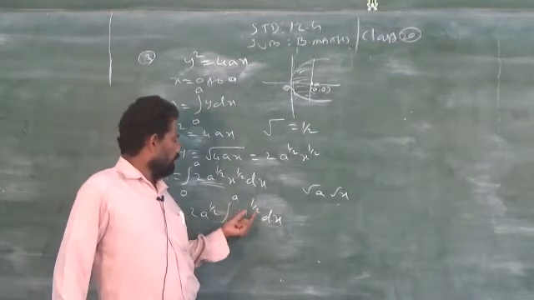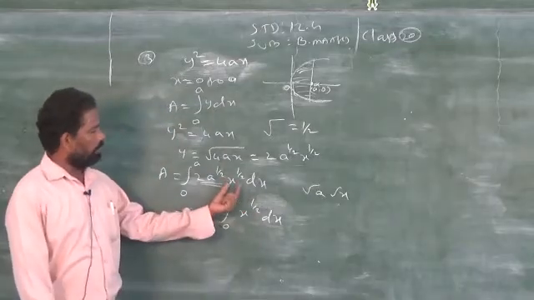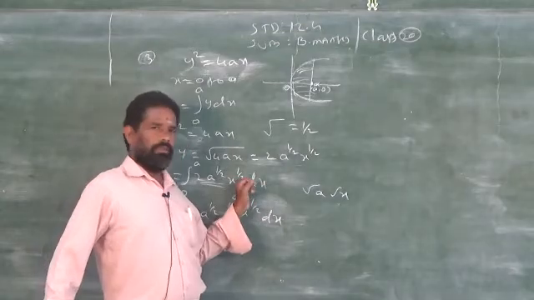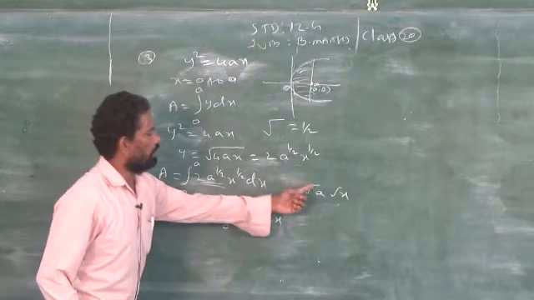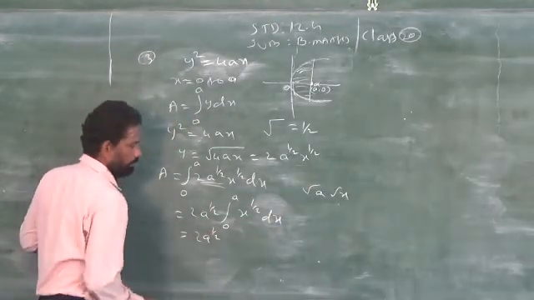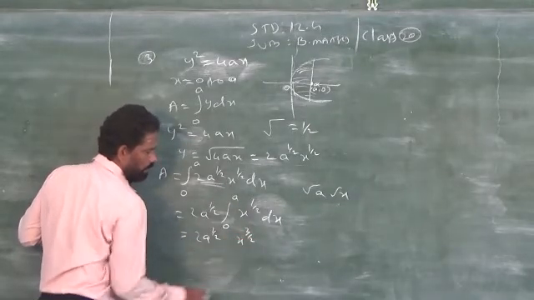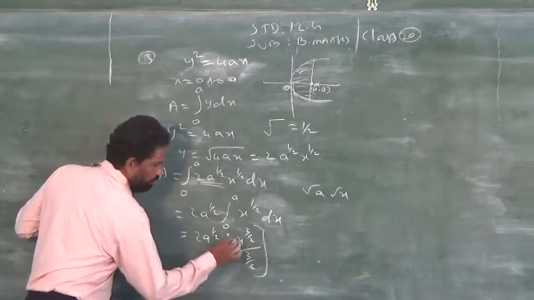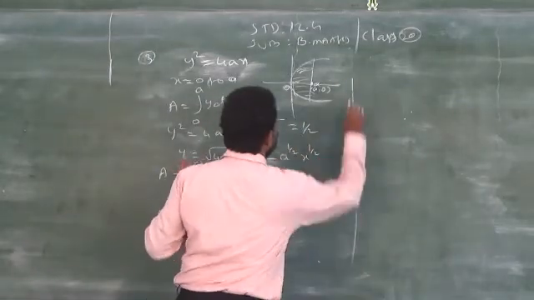That is the reason, instead of writing root x over here, I am writing x power 1 by 2. Even if you write root x, finally you have to replace that square root by 1 by 2. Clear? That's all, no other concept. Now integration of x power 3 by 2, you have to add 1 to the power and write the result as the denominator of the integrand, 0 to a. So what will be the answer now?